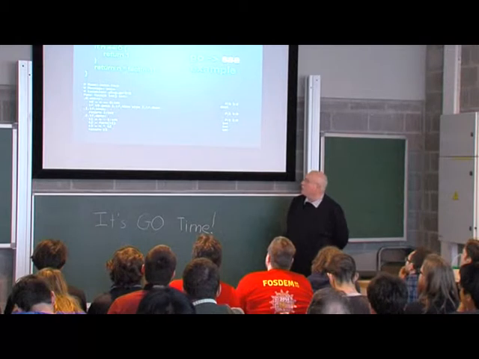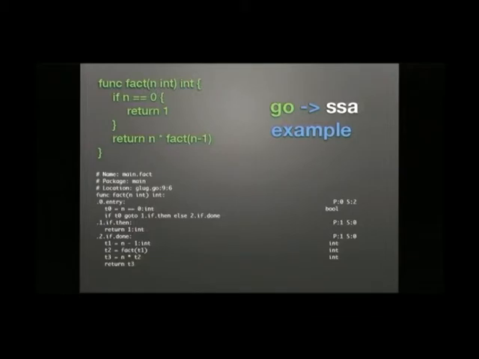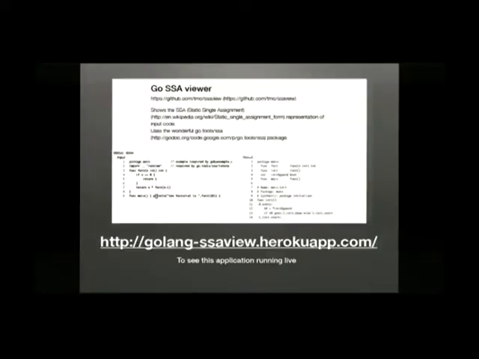So here's a little example. It's a factorial program in green at the top, and at the bottom is what the stringer representations of the data structures in the SSA form look like. I had to explain to someone at a previous meeting that it doesn't actually look like this. The SSA form is actually a lot of wonderful interlinked data structures. If you want to see that for yourself, you can go to this address and put in a random bit of your own Go and it'll print it out. Or you could run SSA dump, the SSA dump tool.